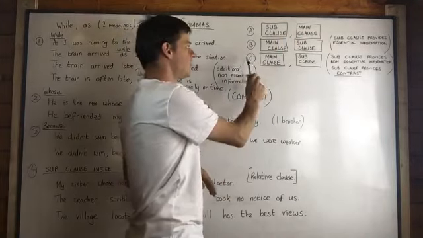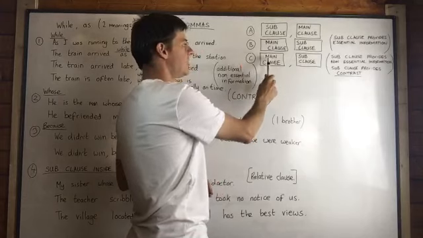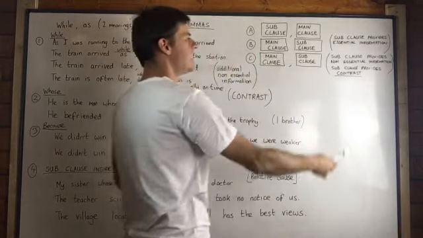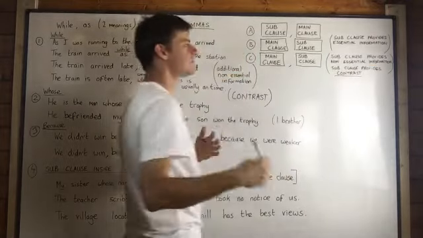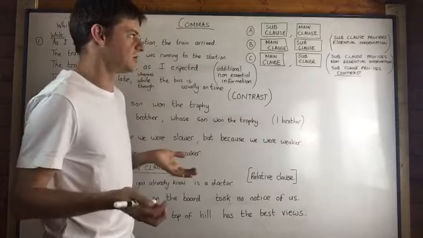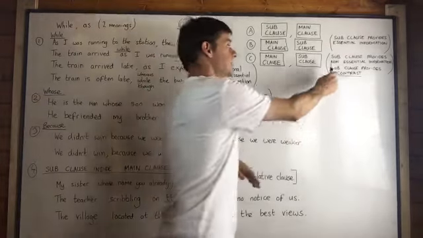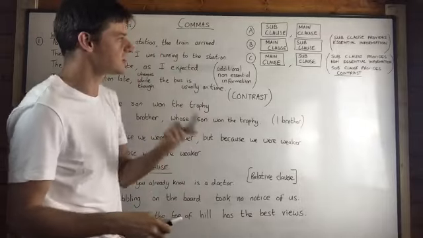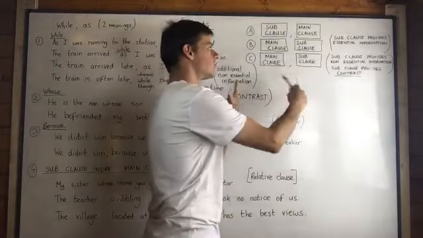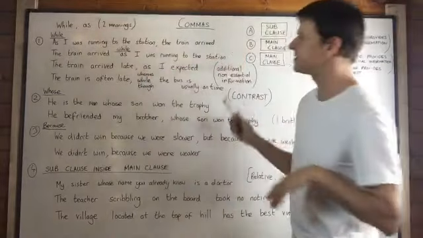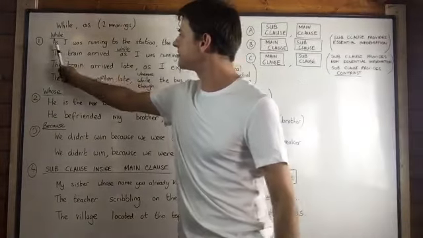However, there's also a possibility C, where we have a main clause and then a comma and then a subordinate clause. And here the subordinate clause provides non-essential information, extra information, or possibly the subordinate clause provides contrast. So contrast or non-essential information with the subordinate clause second, and then we need a comma. So let's see this in practice. Look at some of these examples.